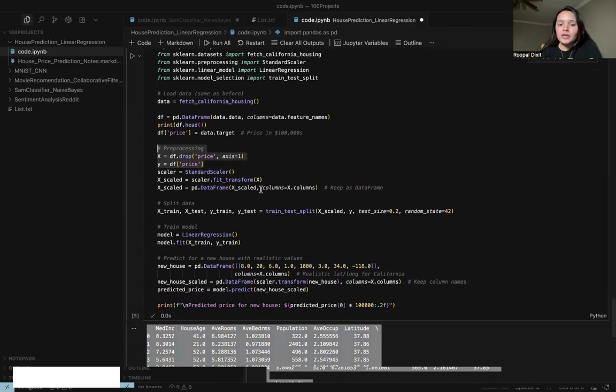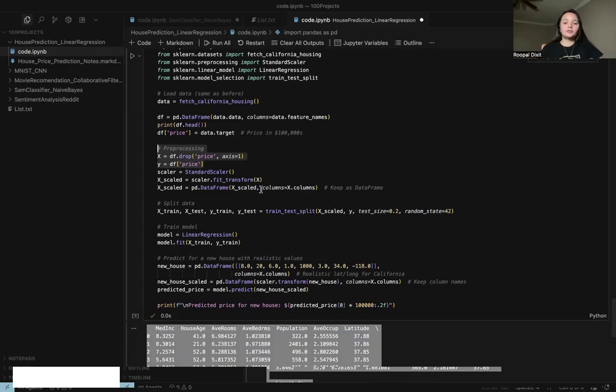And now we will do the standard scaler, like measuring ingredients in the same unit. Because everything is of different value, it is very hard to compare them, to make an analysis or a statement about how these different features impact a particular target variable. So we are going to scale features to have a mean of 0 and a standard deviation of 1, so the model isn't biased by large numbers.